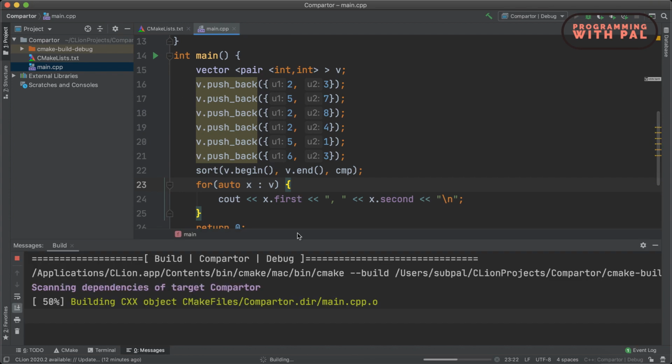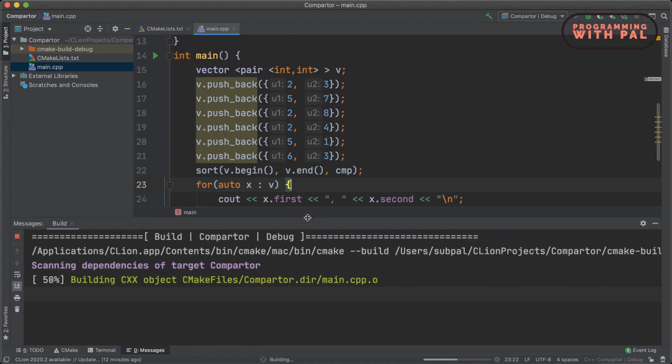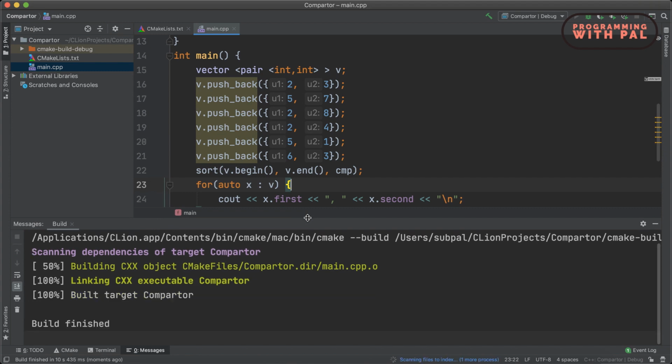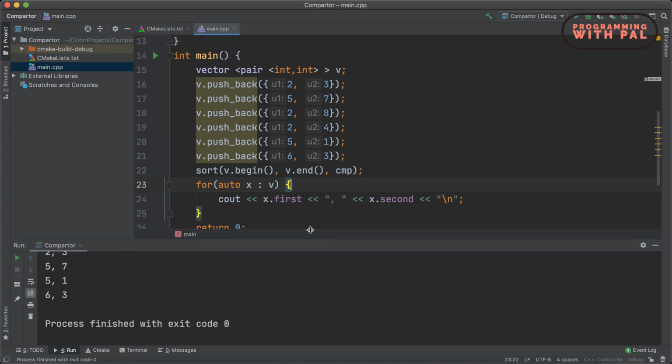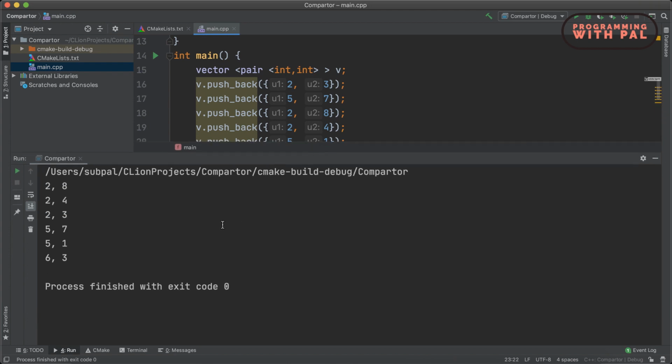Our program is supposed to print the vector in sorted order as we decided. Our program execution is completed, and now we see that the vector has been sorted in the way we wanted, the first element of the pair in ascending order and second element of the pair in descending order.